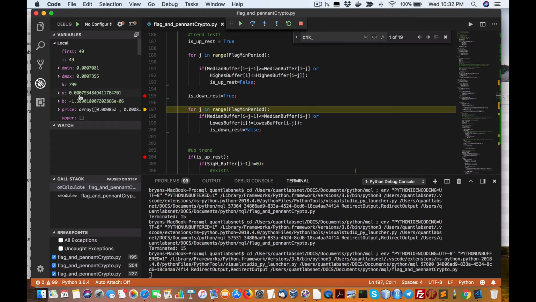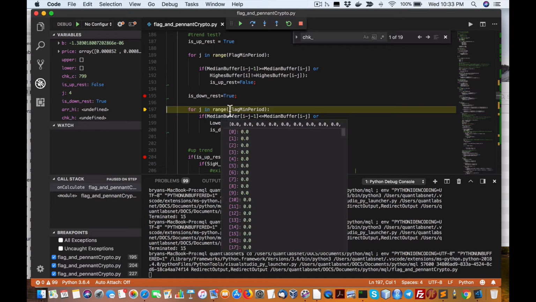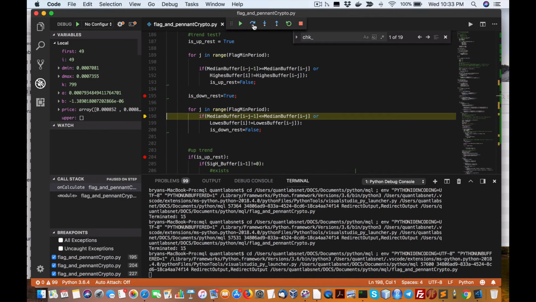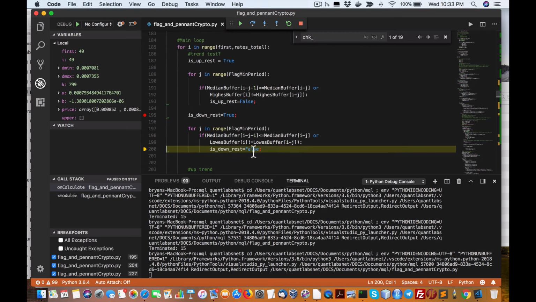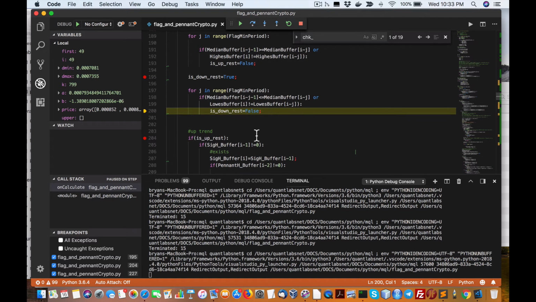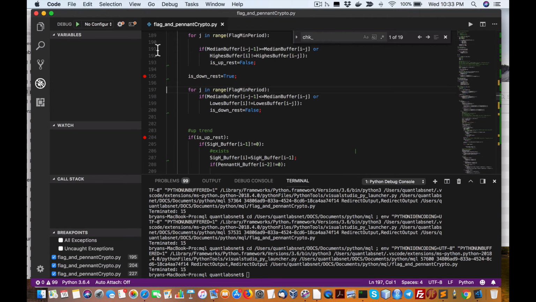So we have J, which will be probably undefined right now. Oh, no, there's a value for J. And then the range for the loop. So it's going to iterate 5 times for this flag min period. And then it will just continue going through this. So I can quickly see what the values are and see what it's doing. And this has a lot of advantages. Obviously, the other way, Sublime and running on the interpreter, does not work. So I just wanted to show you this. And it's pretty powerful, so I can stop it and then restart, as I said,